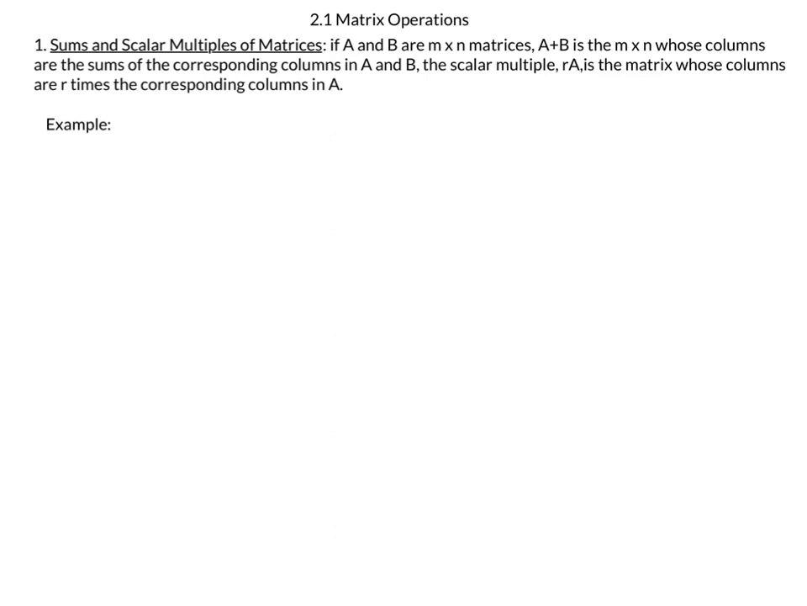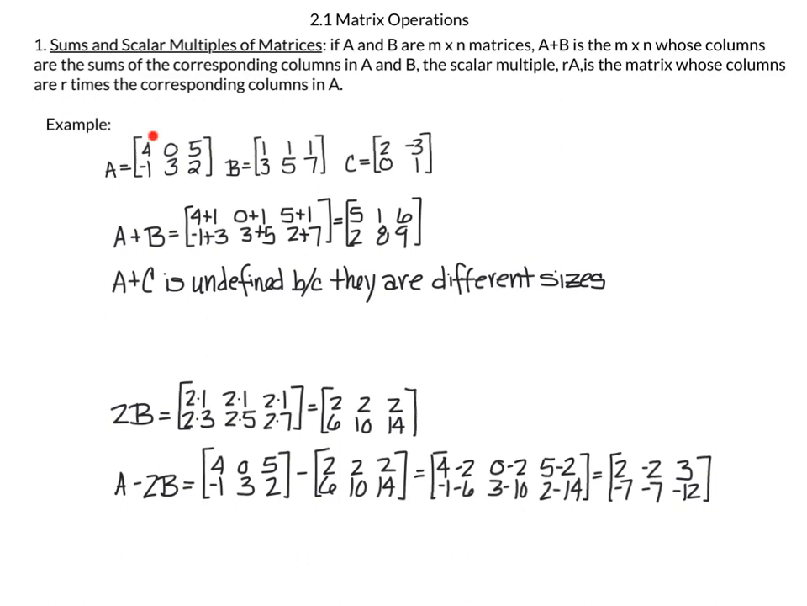To add two matrices, they need to be the same size. So we're going to assume A and B are both M by N matrices. Then A plus B is the M by N matrix whose columns are the sums of the corresponding columns of A and B. And then the scalar multiple R times A is the matrix whose columns are R times the corresponding columns in A. For example, if A is equal to 4, 1, 0, 3, 5, 2, and B is equal to 1, 3, 1, 5, and 1, 7, and C is equal to 2, 0, negative 3, 1, then